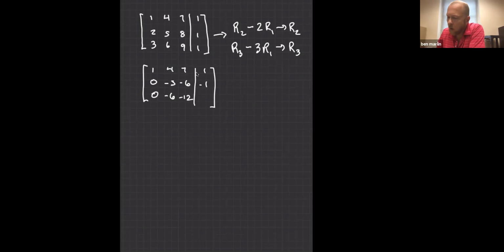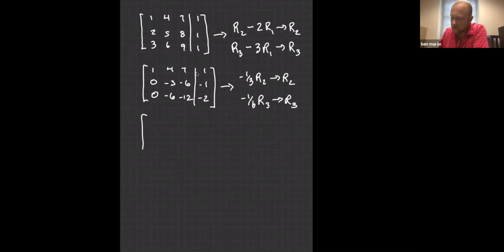And then 1 minus 3 is negative 2. Okay, so I am going to tidy up here a little bit, and I am going to say a negative 1/3 of row 2 goes back into row 2. And negative 1/6 of row 3 goes back into row 3. All right, we didn't really have to do that, but it's just keeping things tidy so that the next step